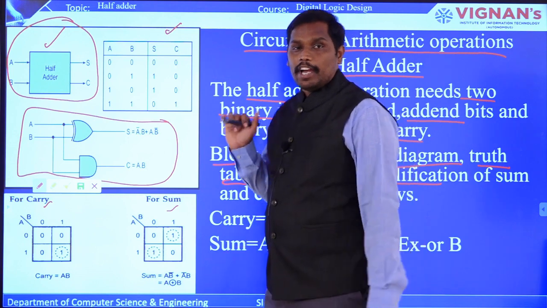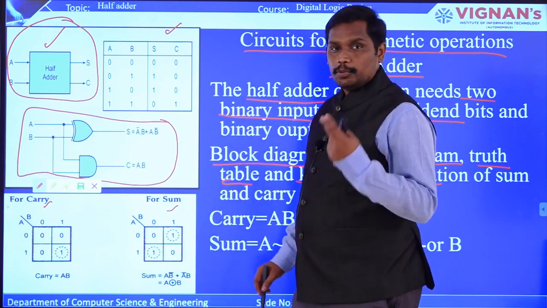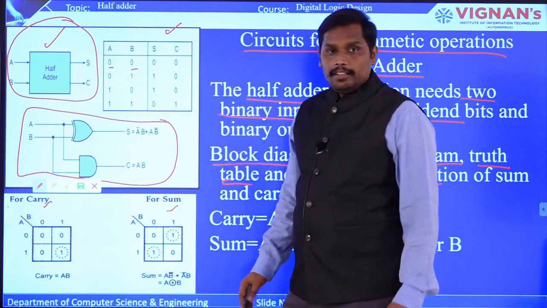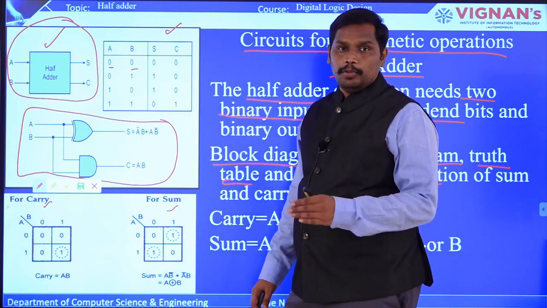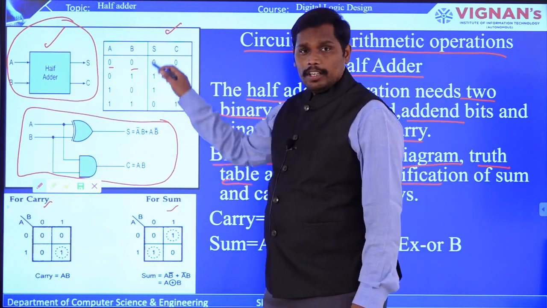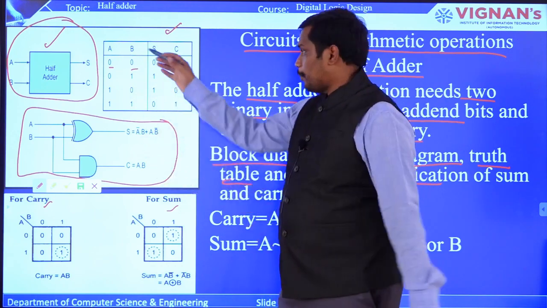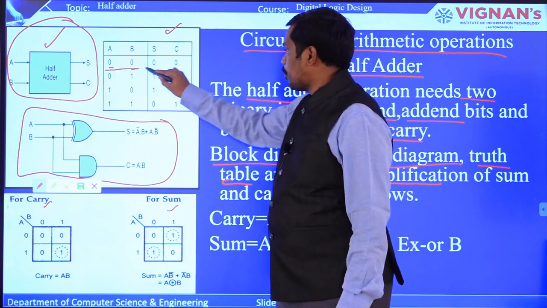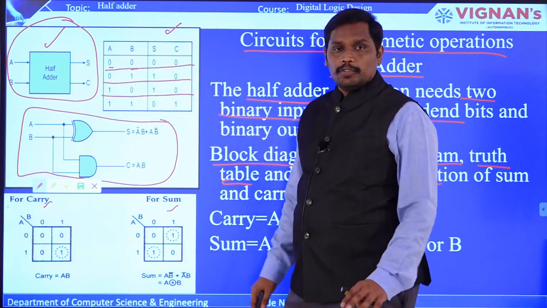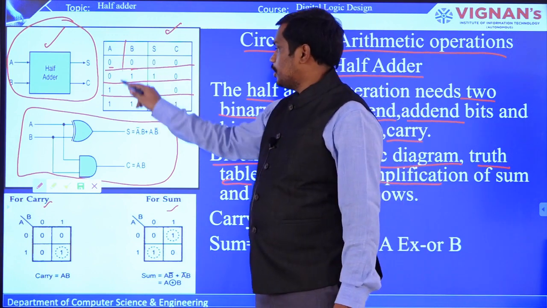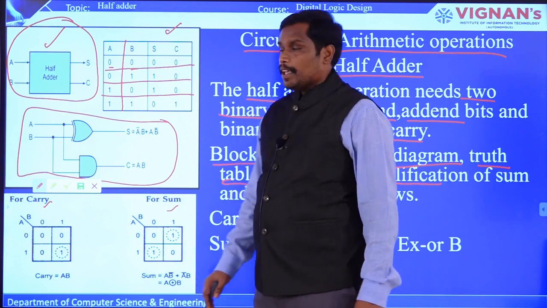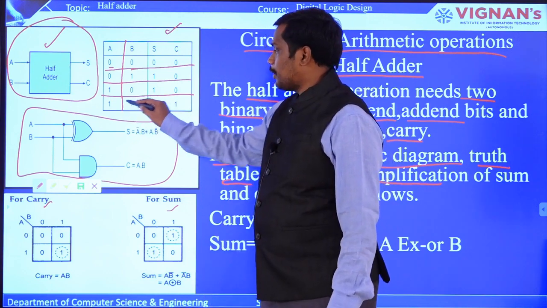We'll see now how the half adder will work. Half adder means two inputs are there, which you can consider as A, B. So the possibilities are 2 power 2, which is 4 combinations, from 0 to 3. All the possible input operations are written, and each one is an operation. So 4 operations are there, where for 0, 0, sum will be 0 and carry will be 0. For example, in the last case, you can see 1 plus 1.